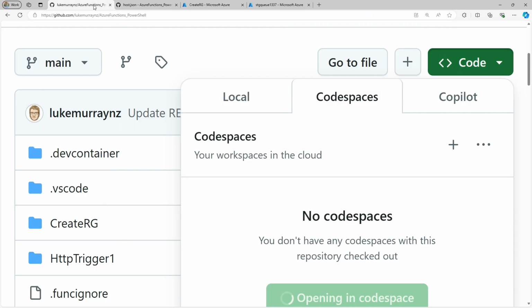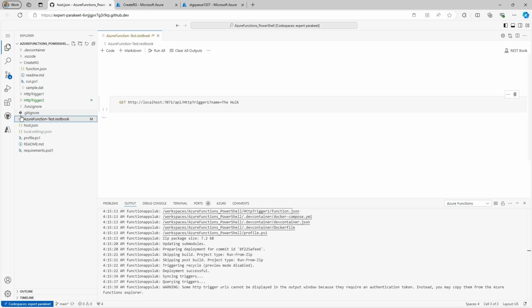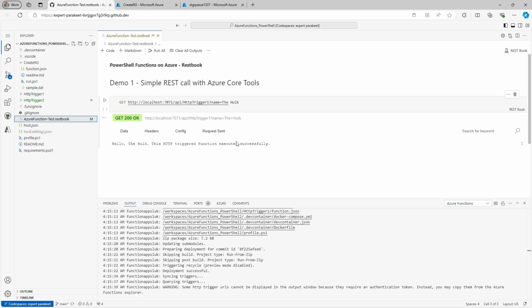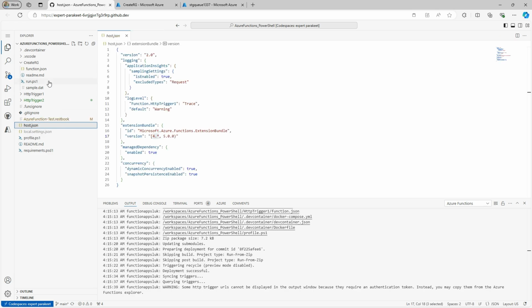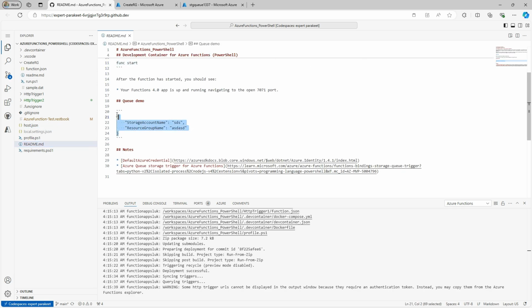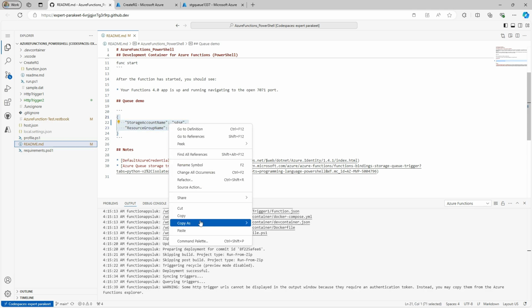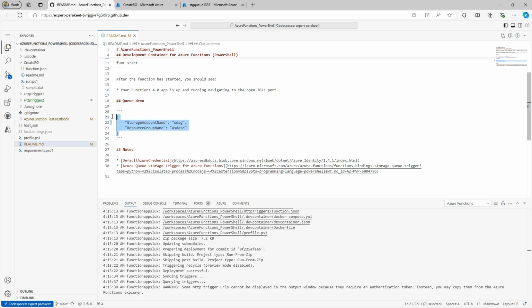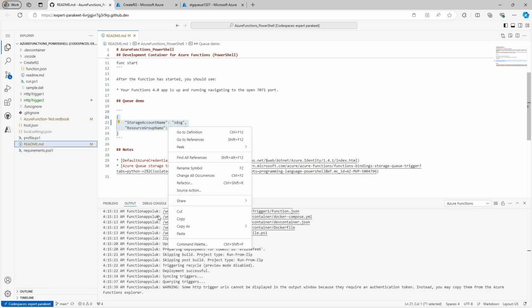Then I'm going to go back to the Codespace that I had. Then I'm going to go to the REST book. Maybe I'll put it into the README. Yep, here it is. So this is the queue information that I'm going to pump into the Azure Storage Queue. It's just JSON referencing the storage account name, and we're going to give it a value, in this case it's just SDS, and then the resource group name, which is ASD AS. So these are just random values that I've manually created. But keep in mind for your purposes, they need to match what you have from an organization perspective. These were just randomly generated names to make sure that the storage account name was unique